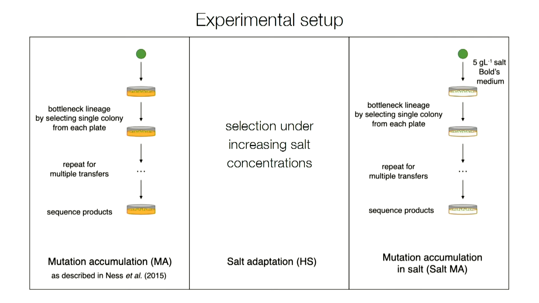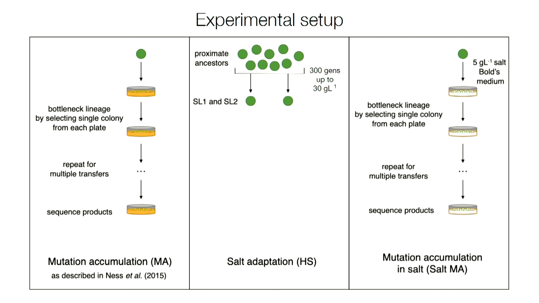The final set of lines we have here underwent actual selection in increasing salt concentrations. They're salt-adapted lines, more or less. So we started with strains in the lab, and over the course of about 300 generations, we increased the salt concentration to about 30 grams per liter salt. Most cells died, but 2 lineages that we've since termed SL1 and SL2 were able to survive up to that